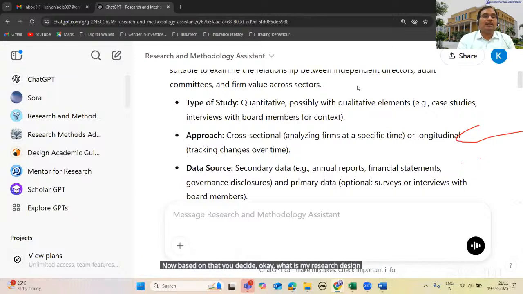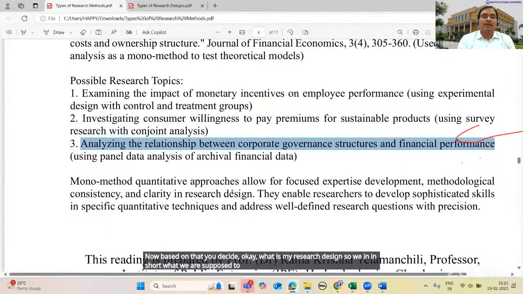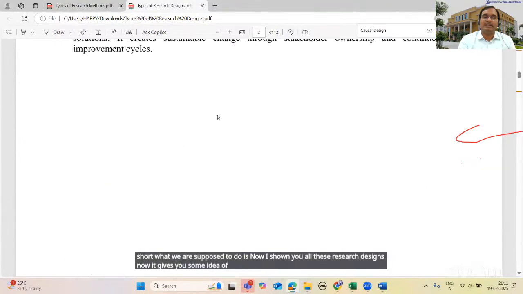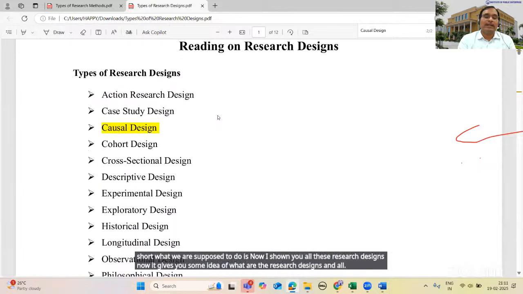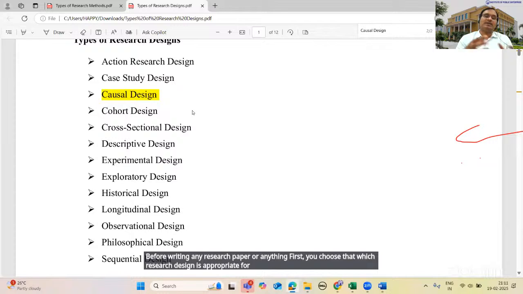So in short, what we are supposed to do is, now I have shown you all these research designs. Now it gives you some idea of what the research designs are. Now, before writing any research paper, first you choose which research design is appropriate for you. I can go for action research, case study, causal, cohort, cross-sectional; which is appropriate for me for a particular